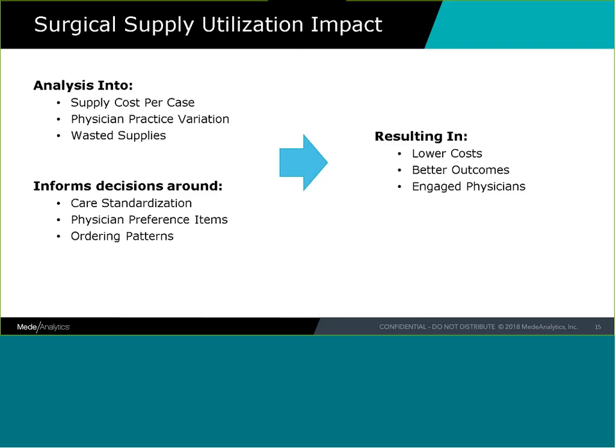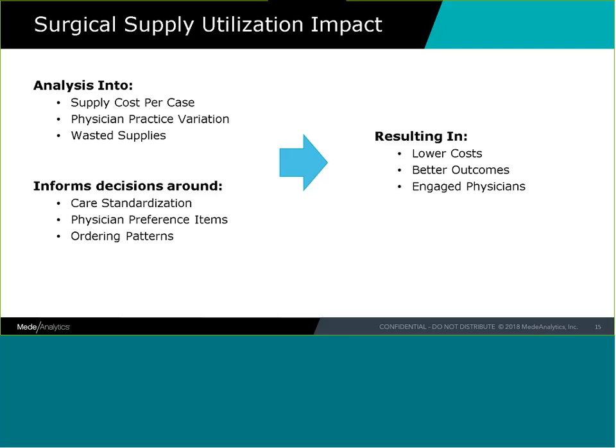As part of service line, as we drill into what are those major cost drivers, we want to make sure that we give insight to each service line on their major sources of cost. A huge part of that is in supplies. Approximately 25% of a hospital's costs come from their supplies, and a big part of that happens in the operating room. So we pull your operating room data and physician preference cards, look at supply costs per case, variation across physicians, and wasted supplies to help inform decisions and meaningful conversations around care standardization, physician preference items, ordering patterns,